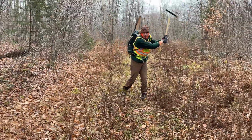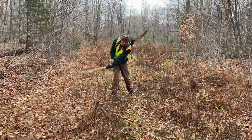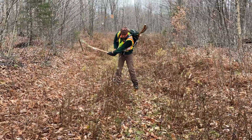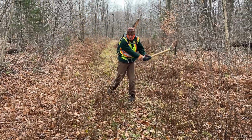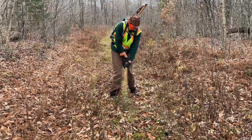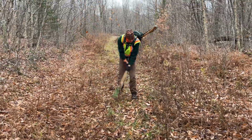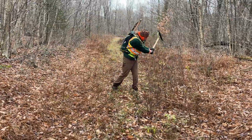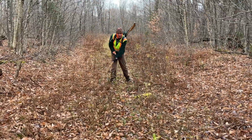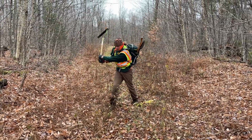I'm out with my dad on a section of the Catamount Trail, which he is the trail chief for. Similar to the Long Trail, this is a trail which runs the length of the state of Vermont, except it's designed for backcountry skiing rather than hiking, wintertime use. We try to get out each fall and maintain each of the multiple segments, which is the section that my dad maintains. Try to get out there and do pre-winter work to get it ready for the winter skiing season,